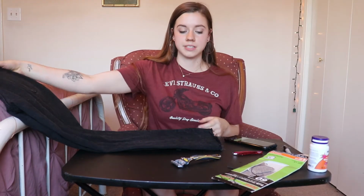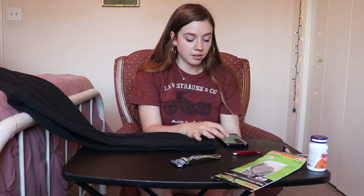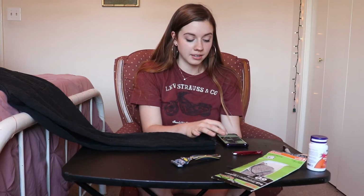Alrighty, now we're on to the distressing. So I did get some fray going on at the bottom here. I'm not going to put them in the dryer and then let them fray naturally, because I just think they look better like that. So for this, we are looking...